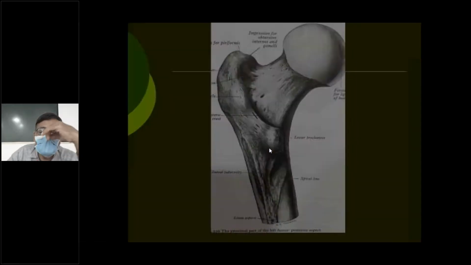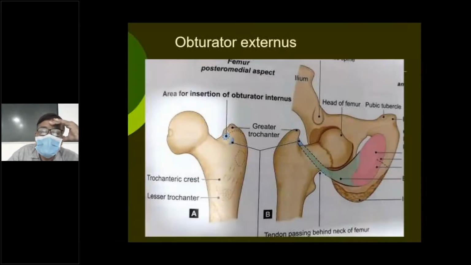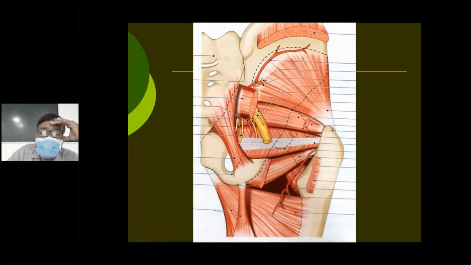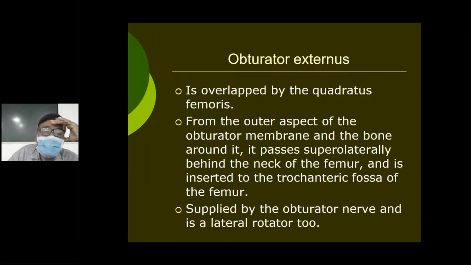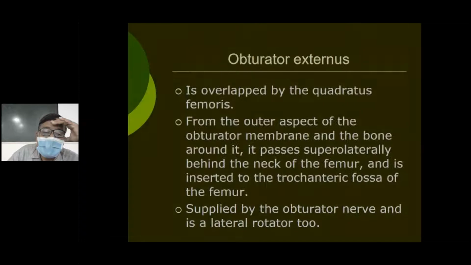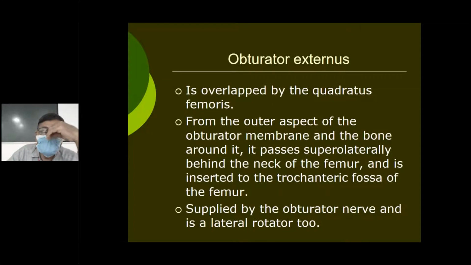So let us see some picture. Now here you see, this is the quadratus femoris muscle here and here. Now here it is cut to expose the last muscle inside, called the obturator externus muscle, this one. As I told you, it was seen already in the medial compartment. So now this is the obturator externus, the last of the 6 small lateral rotators.